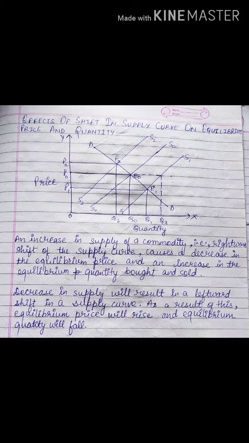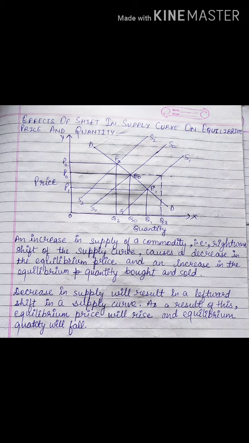So we will touch the supply curve. That means we will shift the supply curve to right and left. We will not touch demand. Demand will be single. Okay, is it clear now? Now let's start. As usual, I will draw one demand and one supply which will show me the equilibrium price in the market.